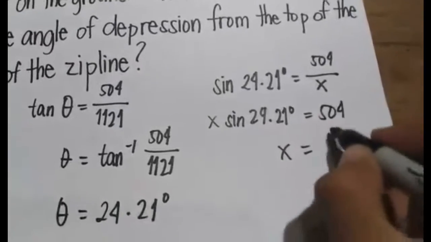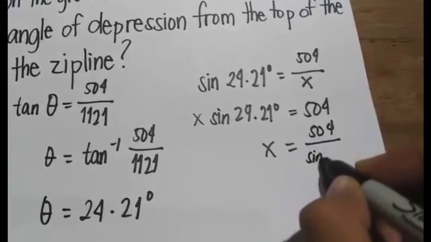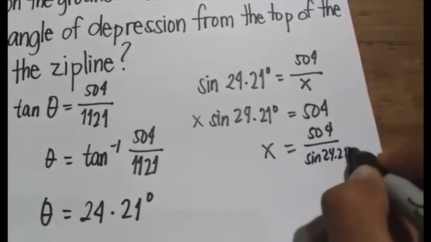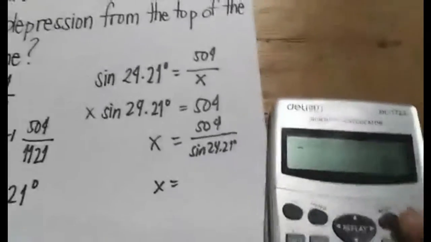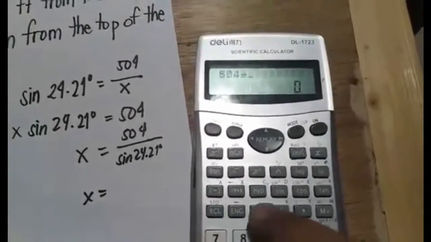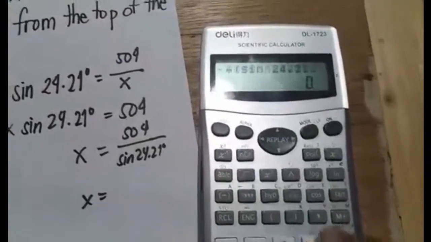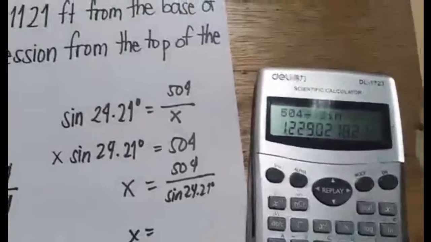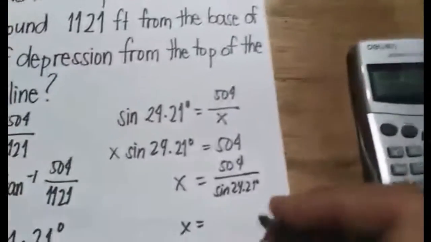Now, to get the value of x, we could divide both sides by sine 24.21 degrees. x is equal to 504 over sine 24.21 degrees. And getting the value of x with our calculator, 504 divided by the sine of 24.21 degrees is equal to 1229.02,